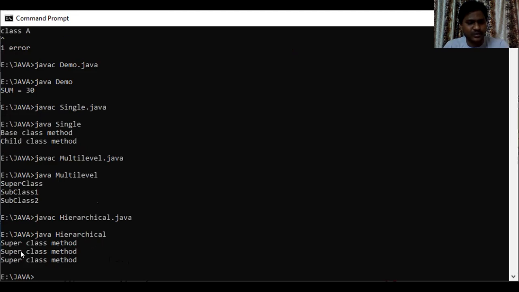Second, the superclass method is invoked by subclass 1, that is B. The class B object invoked the superclass method. And the third statement is the other subclass, class C, whose object invokes the class A method. That's why all three objects invoked the same method, and the same display statement is displayed three times. Got it?